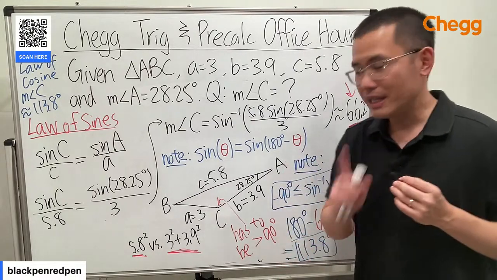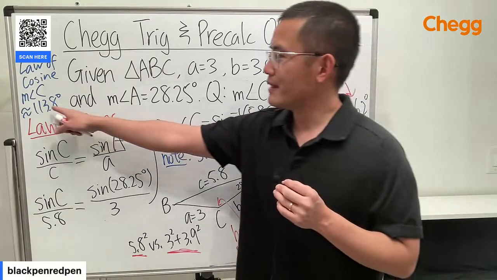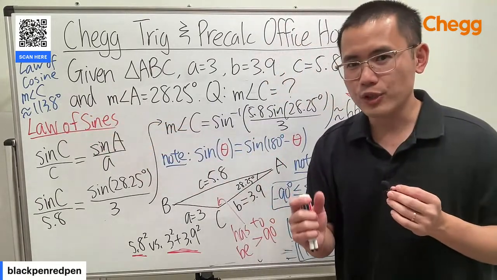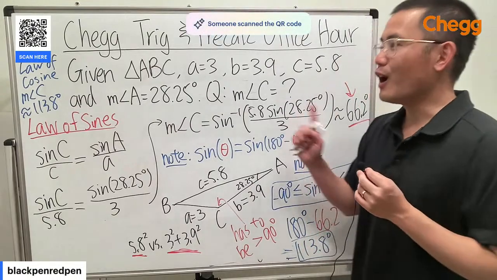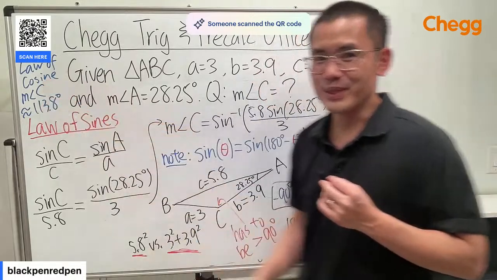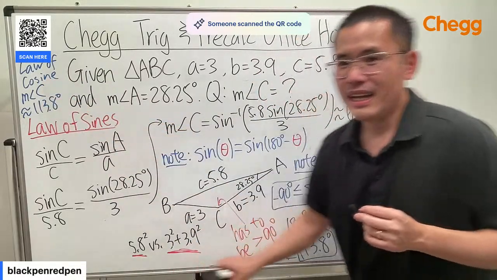And by the way, if you want to use law of cosine, the answer for that is always going to be in between 0 and 180 degrees. Whenever possible, use law of cosine. Use law of cosine. That's the best. Okay,